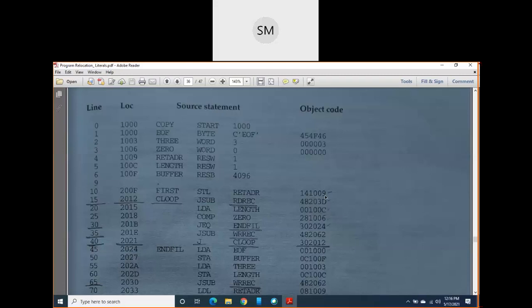In the instruction format of SIC, the first 8 bits are reserved for the opcode. That I call 1 byte, because 8 bits are there. Next, one flag bit is there, that is X. After that, 15 bits of address field are there. 1 plus 15 is how much? 16.